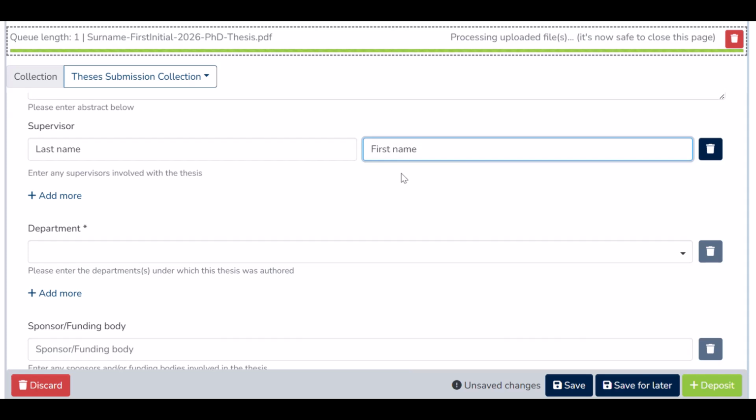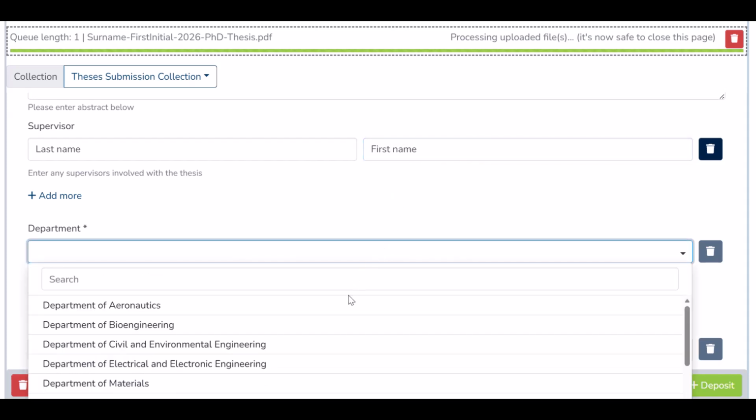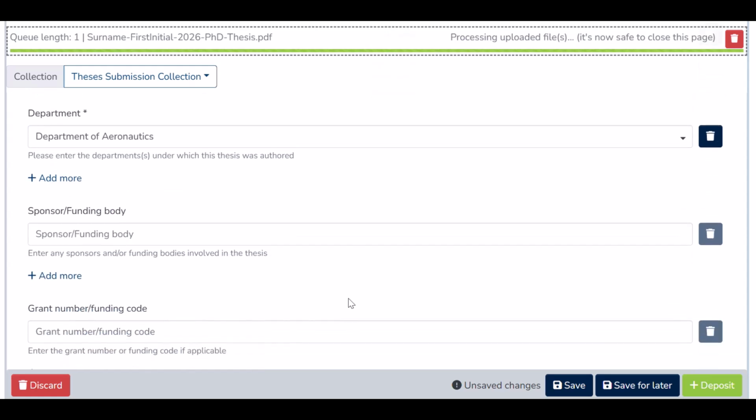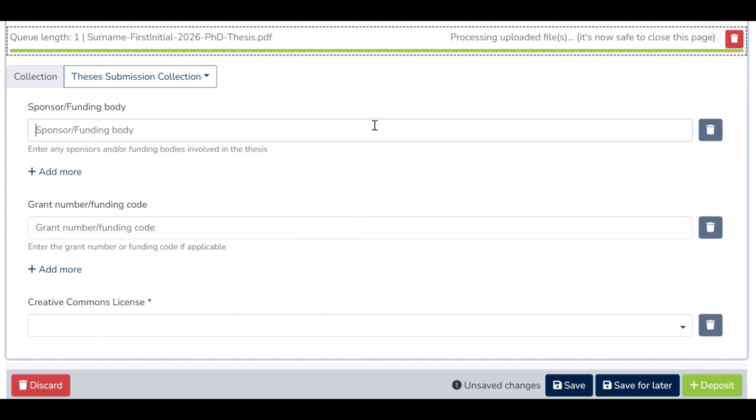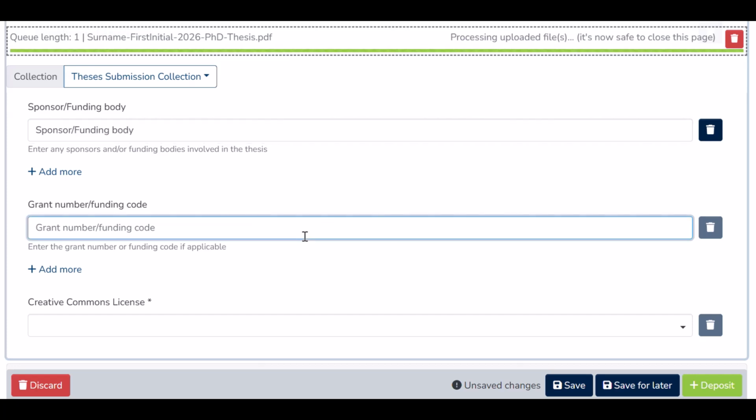and your supervisor's first name, then your department, which in this case, as an example, could be the Department of Aeronautics. Then you should fill out your sponsor or funding body, then your grant number or funding code,